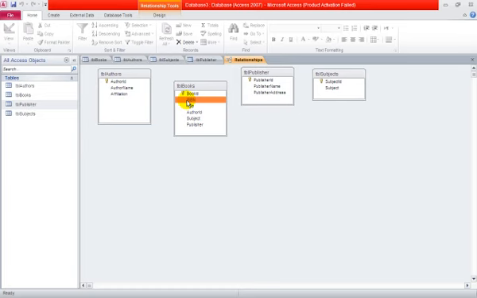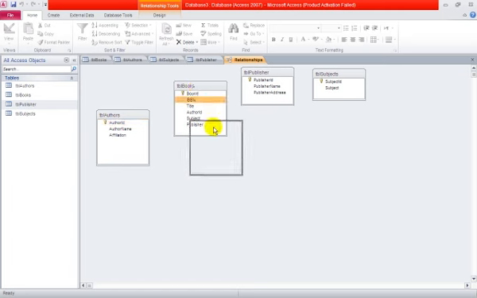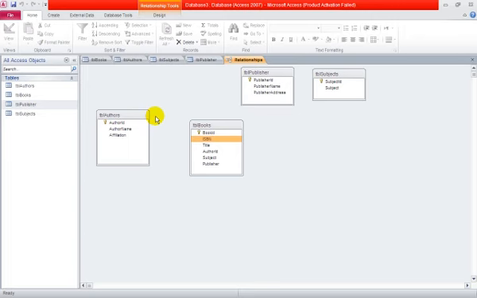Harvey M. Deitel is one, and the other one is, but at least there are two authors there. So the relationship among the TBL books and TBL authors is many-to-many. There is a many-to-many relationship among these both tables. So whenever there is a many-to-many relationship,